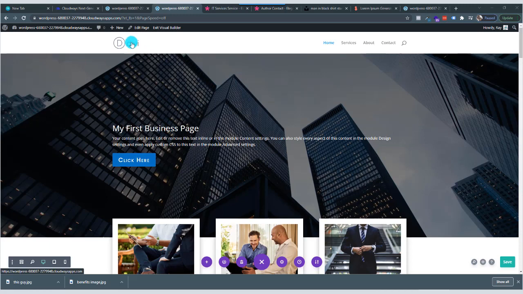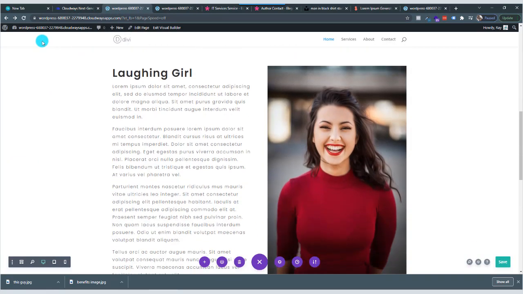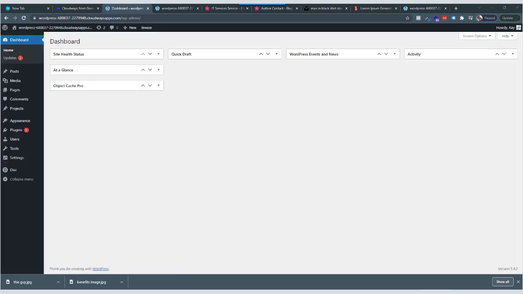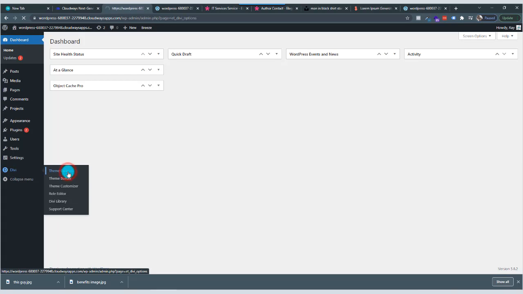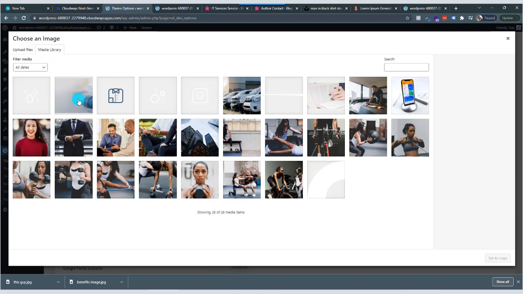Now we're going to go back to the back end of the website. So if you have not closed out your first tab over, I think I already closed mine. All right, let me go to my dashboard. And then we're going to go down to Divi and then theme option right here. What we're going to do next is we're going to upload a logo right here. So go ahead and click on upload, and